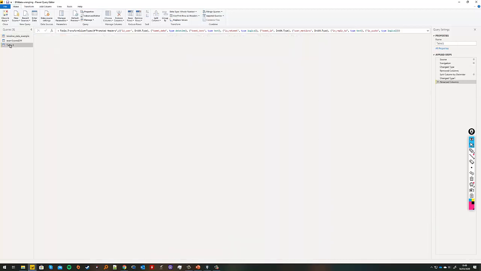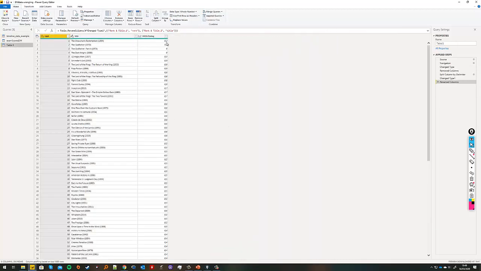So what we might do is, for instance, replace the comma with a dot, so a decimal point. Again, this is something you can find here in the Home tab, it's just Replace Values. So if you click on that,